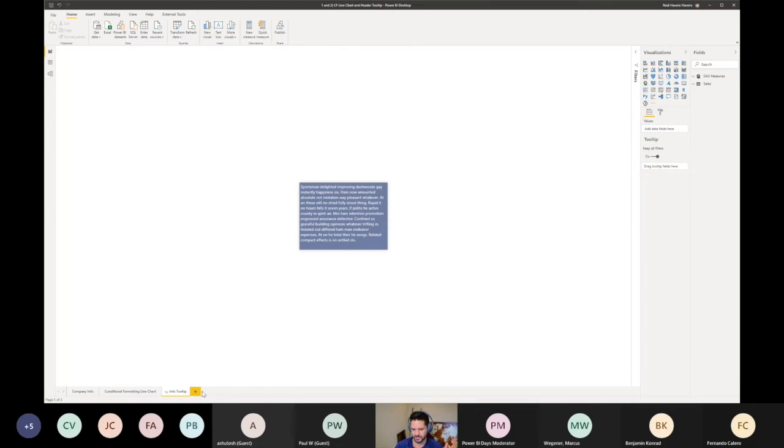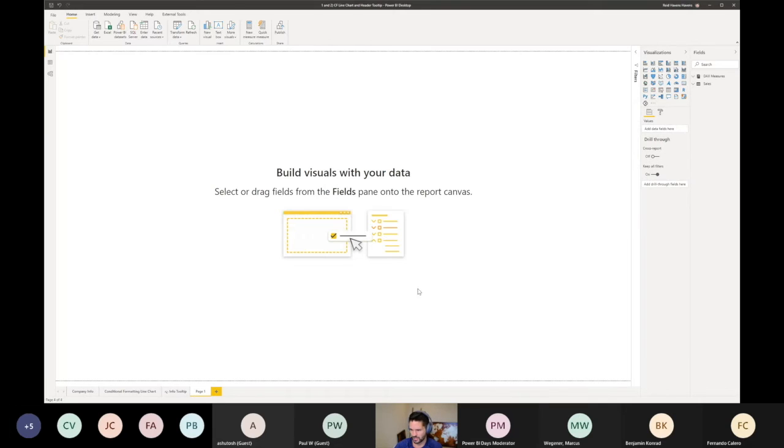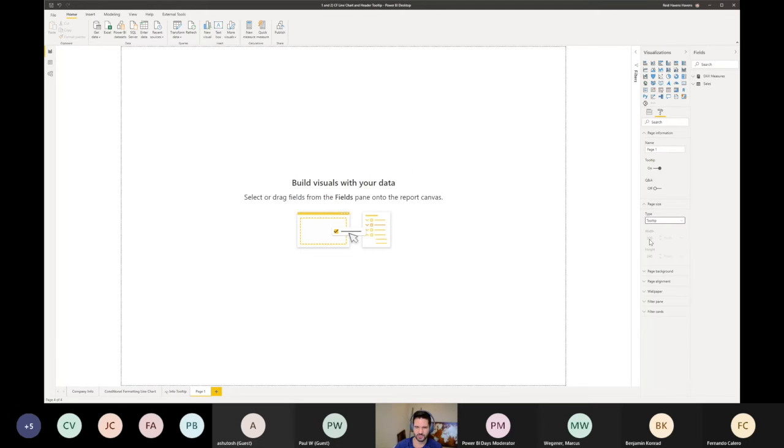All I need to do is, just as an example, create a new page, come over to the format pane, and simply select page information. You turn tooltip on, and then for page size, you just need to make sure that it's set to tooltip, which is a width of 320 by 240 pixels, because it renders at the size it is. If you had a tooltip that was